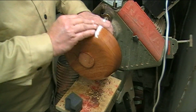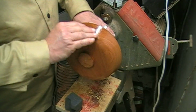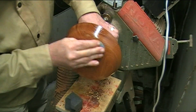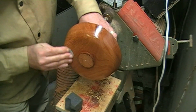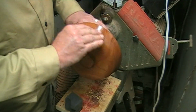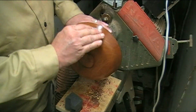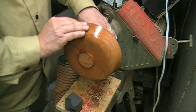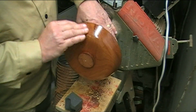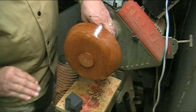I'm using 600 grit while it's still really wet. It's only been a couple of minutes. I'm going to let it penetrate about 30, and then I'll wipe it off, see if it needs a second coat, which it probably will, especially on the end grain here. Alright,